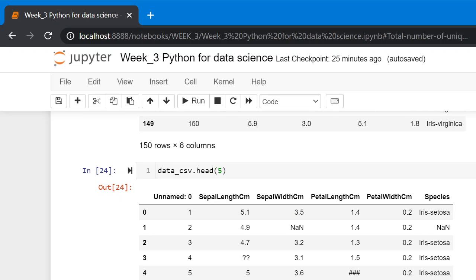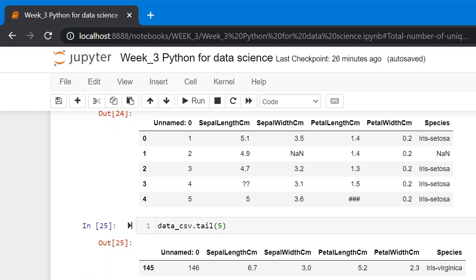To see the top rows of the data frame, we can use the head method. Here the argument is the number of rows we want to see. In a similar way, we can see the bottom rows of the data frame using the tail method.